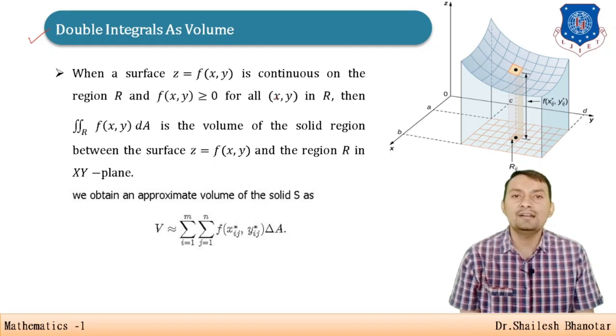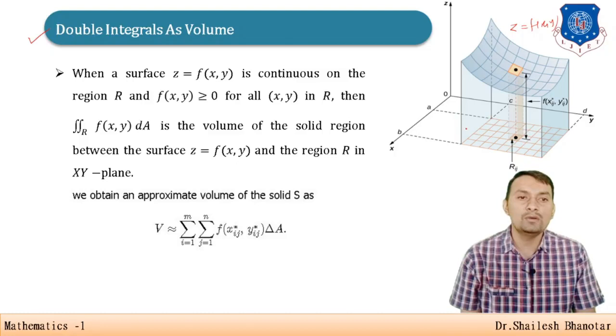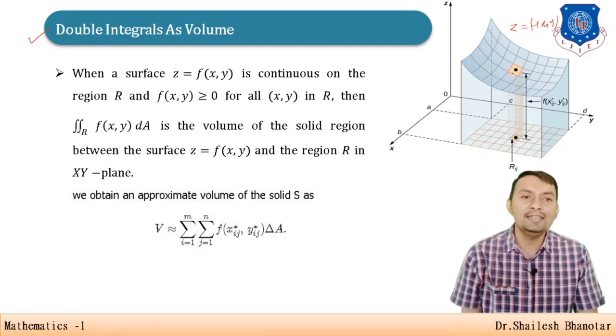That means we can find the volume using double integration. Suppose this is the given surface z equal to f of xy. When you consider the projection on the xy plane, this is your projection and this is our top. It is a 3-dimensional figure that you can see clearly. Suppose I consider a smaller part of this surface and take its projection. It will be like that, a square, or you may assume it is a rectangle.